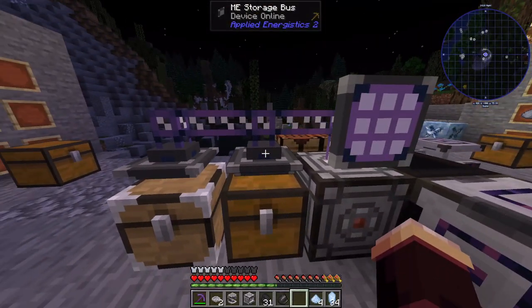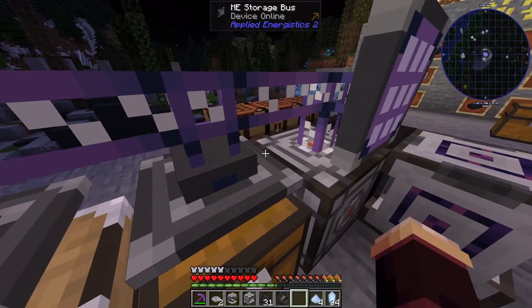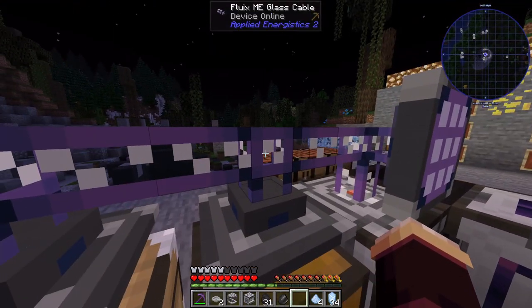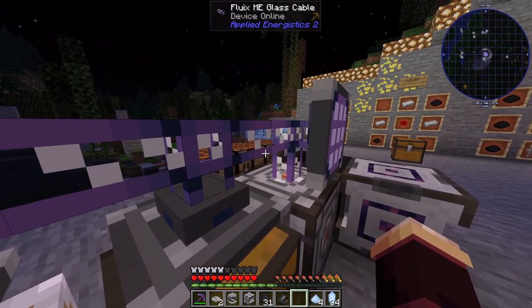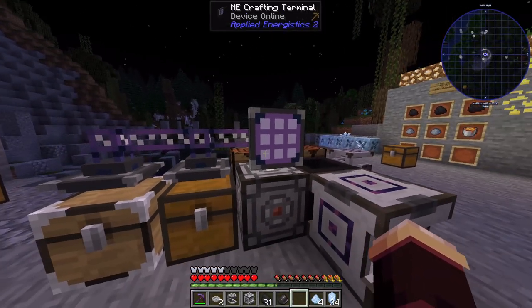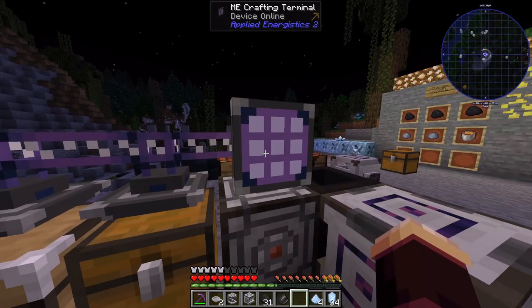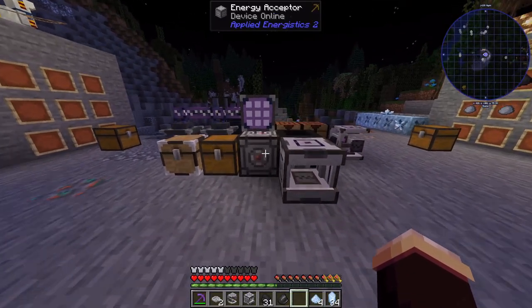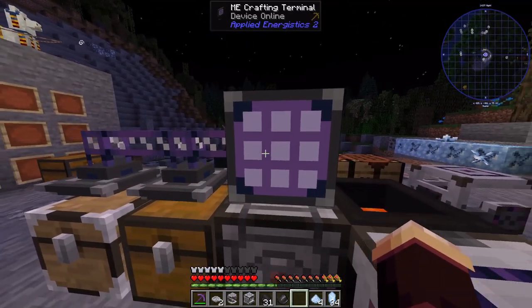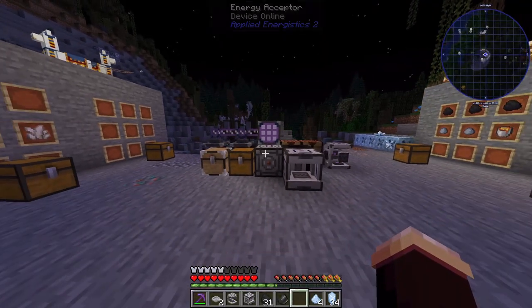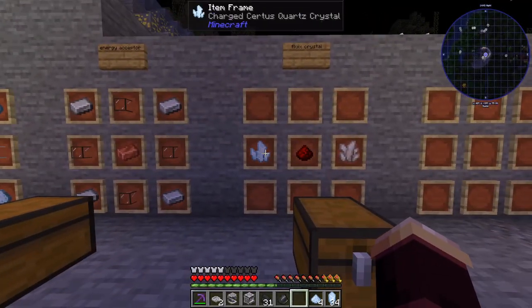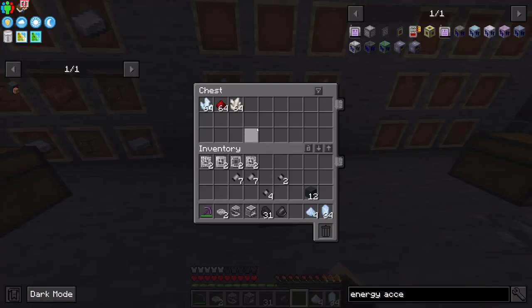After that, we have the storage bus that we should make, and the Fluix ME glass cable. This guy is the complicated part. Making this guy complicated. Why? Because it's a lot of steps. You need a good amount of material. You need a little bit of everything, to be honest. So